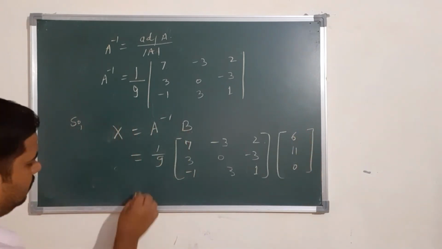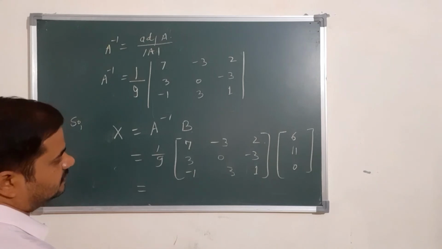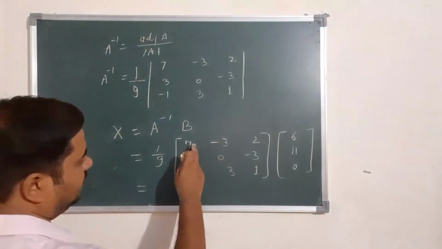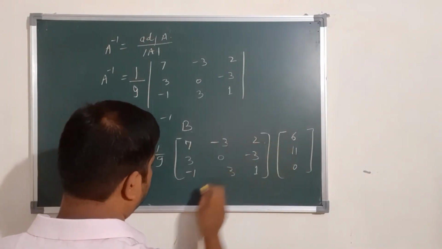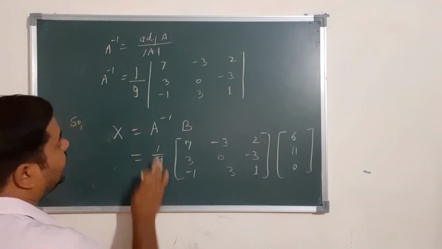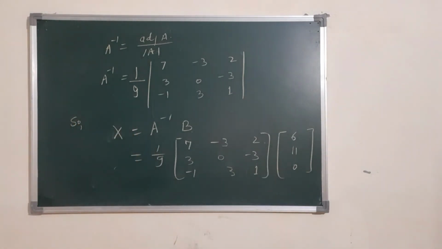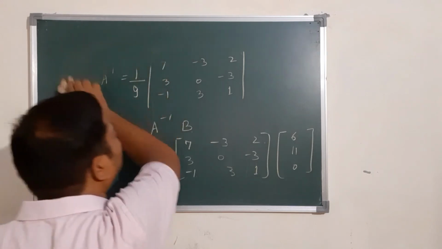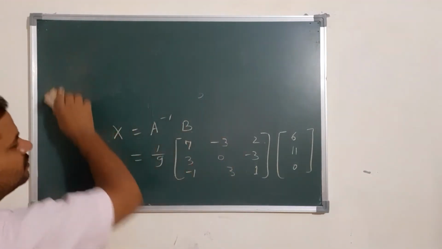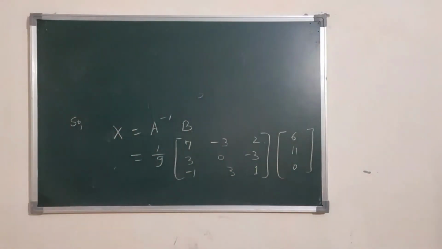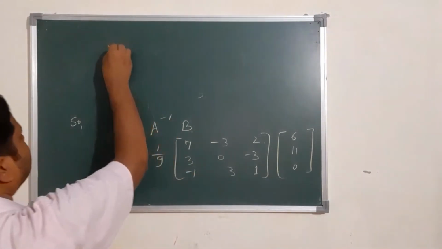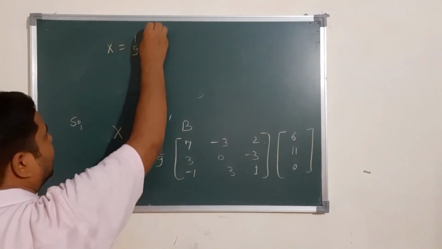Now this is the multiplication of these matrices. 7 6 is 42. We write here upside because space is not there, so X is equal to 1 upon 9, and now